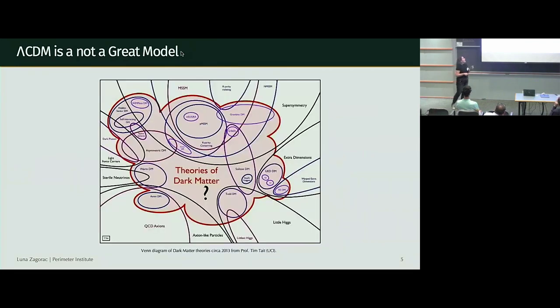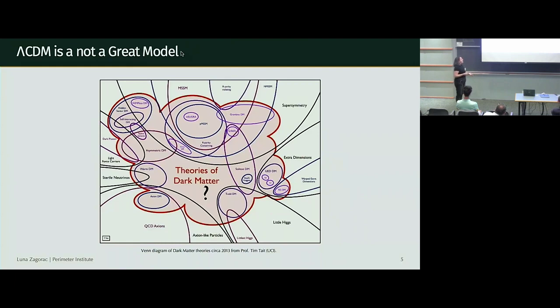However, I put it to you that lambda CDM is not a great model because it doesn't tell me what the dark matter particle is. Some people say, that's fine, I can put in CDM and then do baryonic feedback and stuff in the forefront, and that's what I really care about, but I care to know what most of our universe is made up of, and it annoys me.